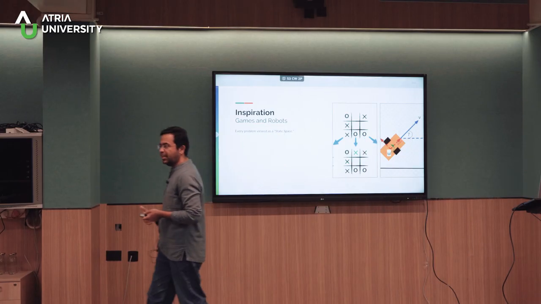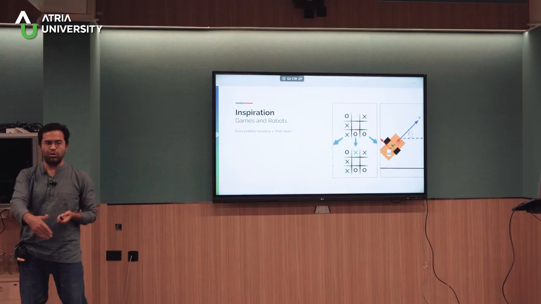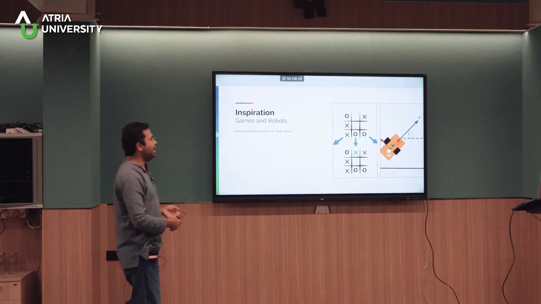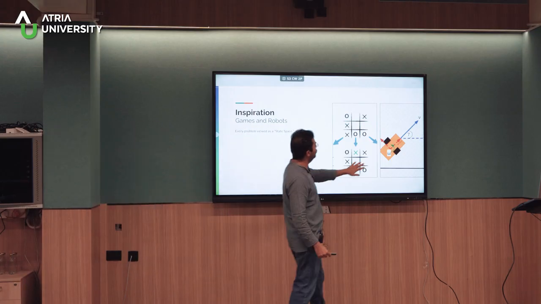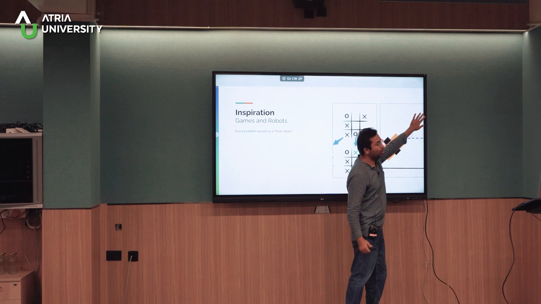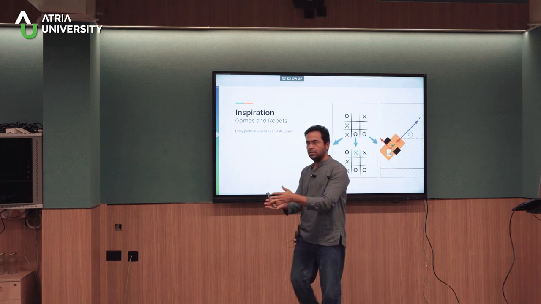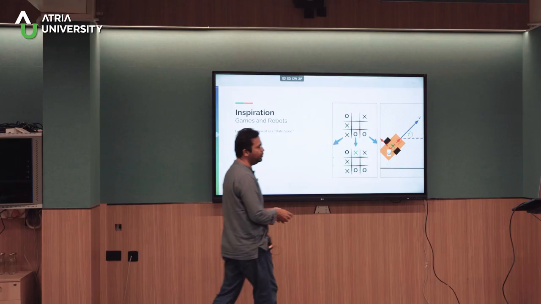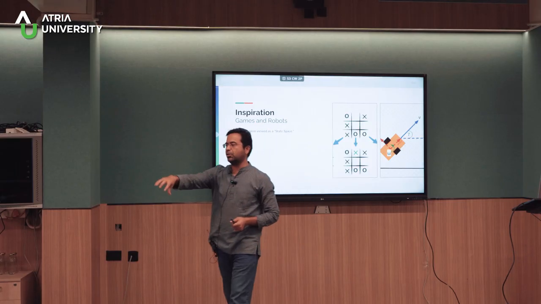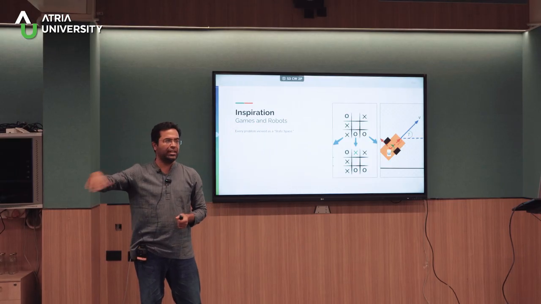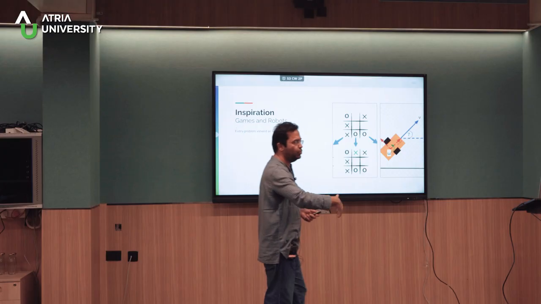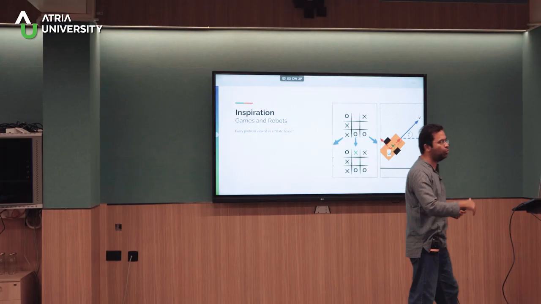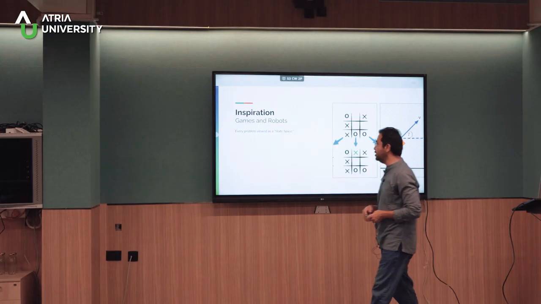Then it needs to decide, how do I move so that I don't bump into everything? But the end idea is that if you want to move from this point to this point, you need to know how to turn, you need to know how fast to go, and you need to find the best path. For example, if the robot is moving and I put a chair in its path, then it needs to be able to adapt. It needs to figure out how to navigate the state space which is changing.